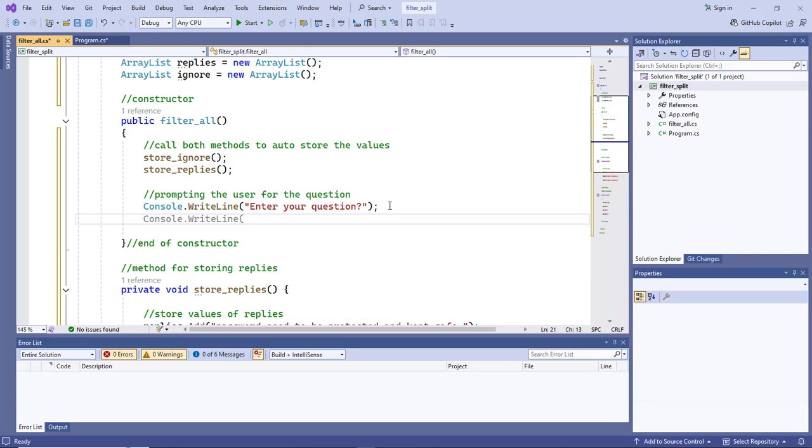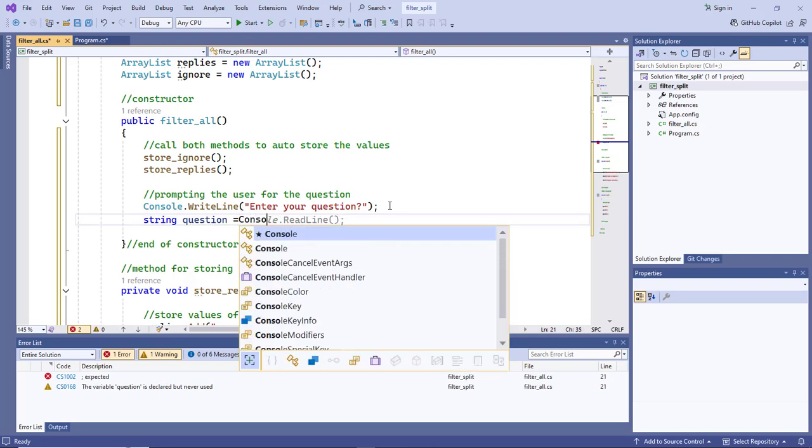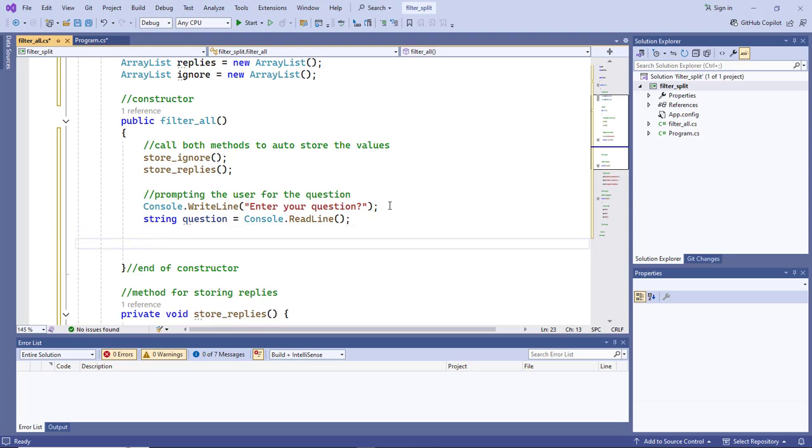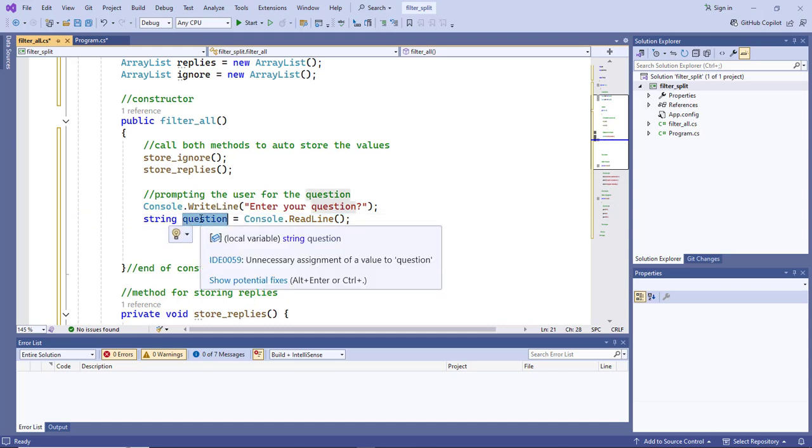We'll have a temporal variable that will be responsible for carrying whatever the user gets to enter. So it will be string question, and then equals to console.readLine. See now, whatever the user gets to enter, it will be stored where? Here. So this will be our temporal storage, and this is what we are going to use in one split